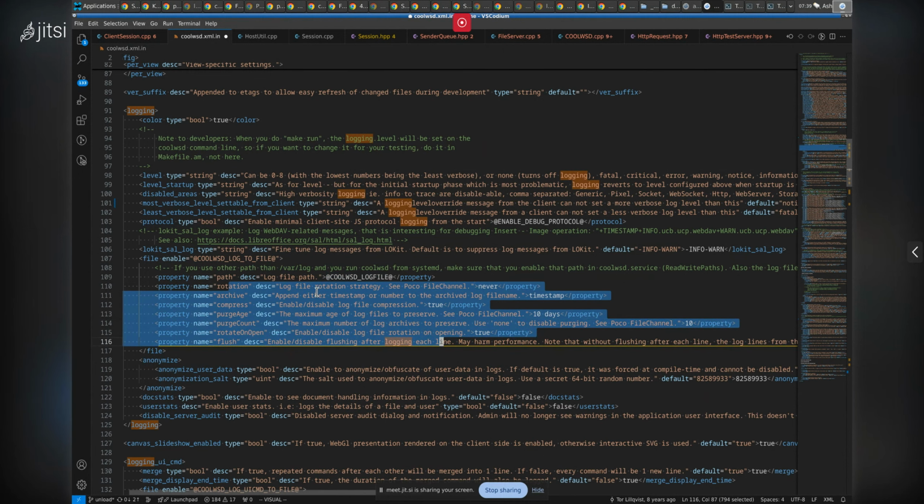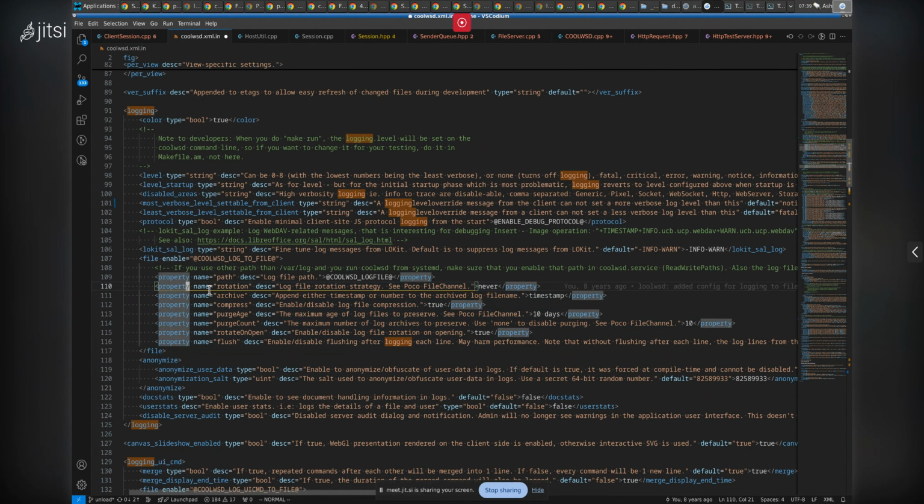I strongly suggest not to change them without understanding what they do, because I have seen cases where these settings were very, very broken. Let me give you an example. Sorry. If you enable rotation, and you set the